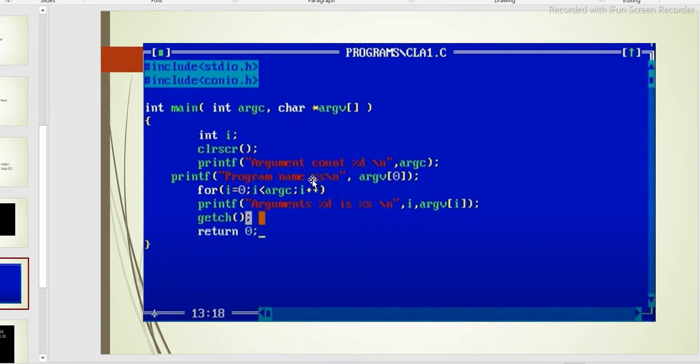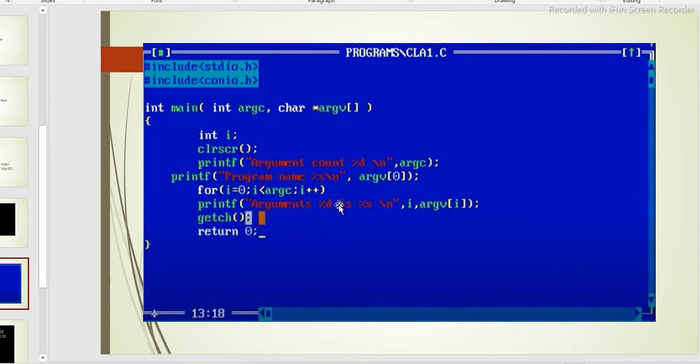Program name argv0. For loop: i equal to 0, i less than argc. If I give 5 numbers, i is 0, 0 is less than 5, increment operator, true.